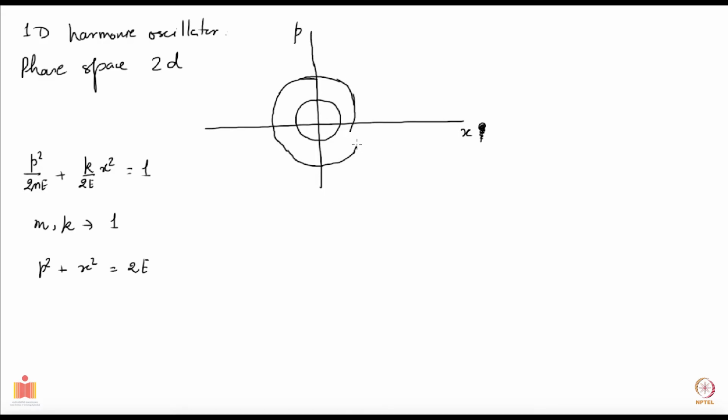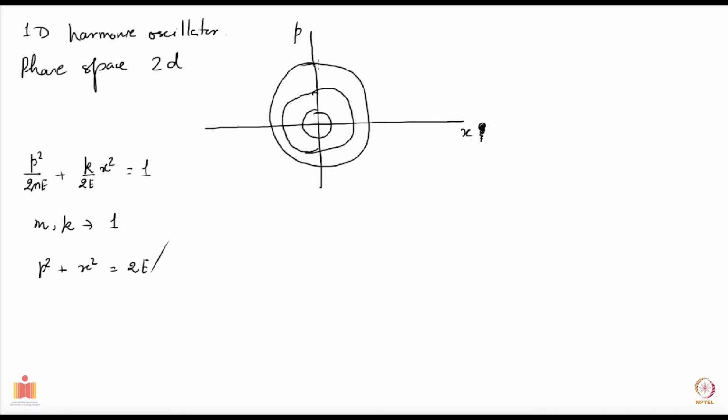These are not very circular things which I am drawing. Let me draw again. So you have one circle here, which corresponds to some energy. This corresponds to a little higher energy. Your system, depending on how much total initial energy has been given to it, will be moving along one of these circles. So your entire system is denoted by one point. At a given time it will be somewhere, and as time changes that point is going to move.